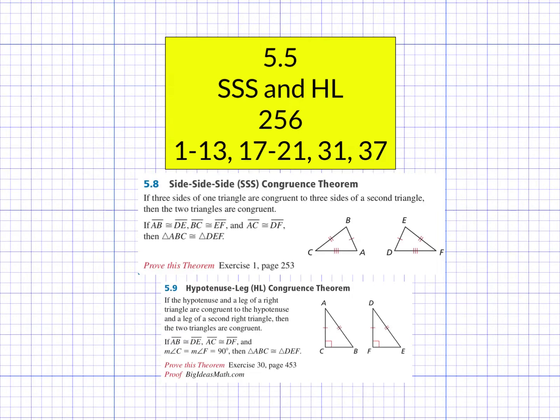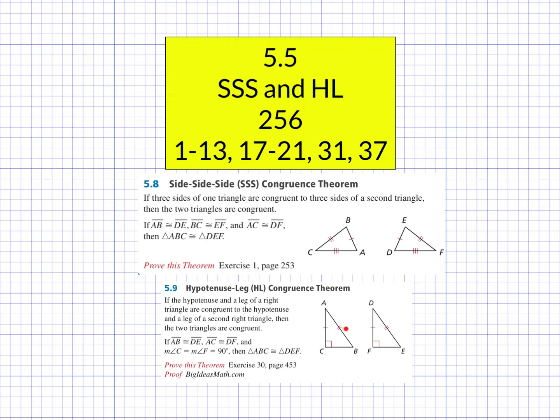Welcome to 5.5, side, side, side, and hypotenuse leg. What we want to understand here is if you have all three sides of one triangle congruent to all three sides of another triangle, then both triangles are congruent to each other. And hypotenuse leg says if you have a right triangle, and it has to be a right triangle, and that